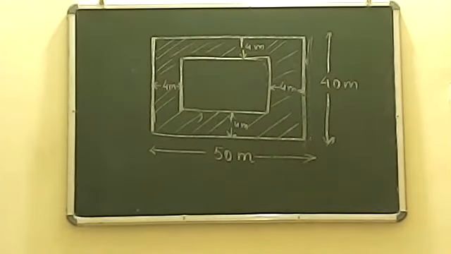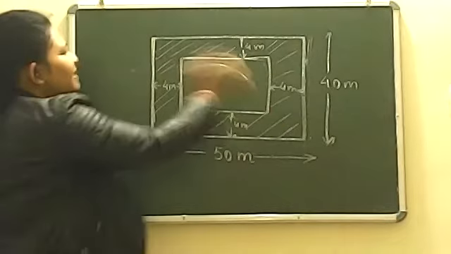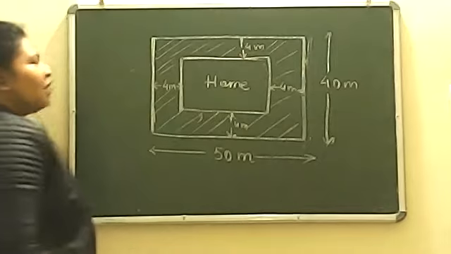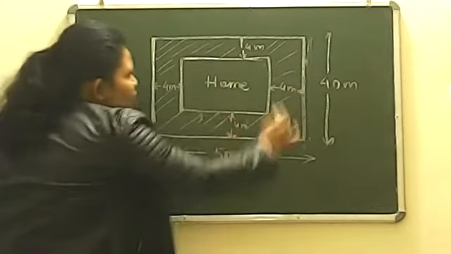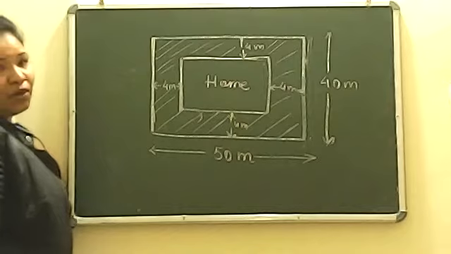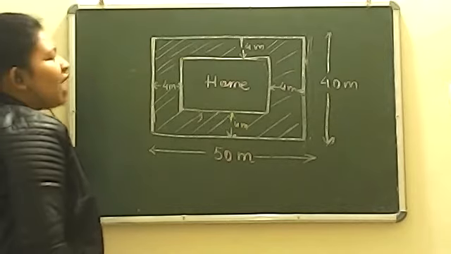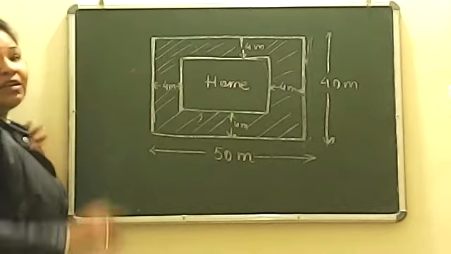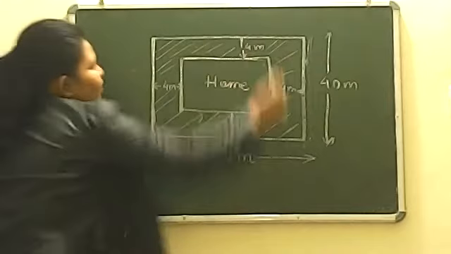Okay. So students, we have discussed this type of portion yesterday also. If you can see here, I have told you that the outer portion is the boundary of your home. And inside, this is your living part, where you live. Your parents have left out this portion for making a garden or having some space all around your living portion. So I told you that I want the area of the left out portion which is not constructed, like this one, the shaded area.